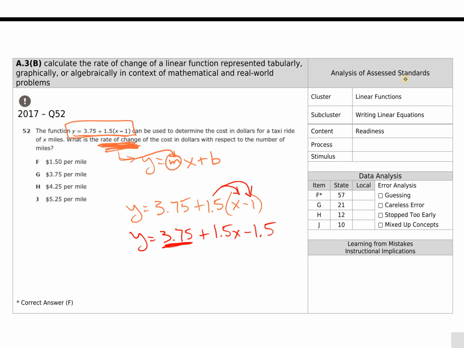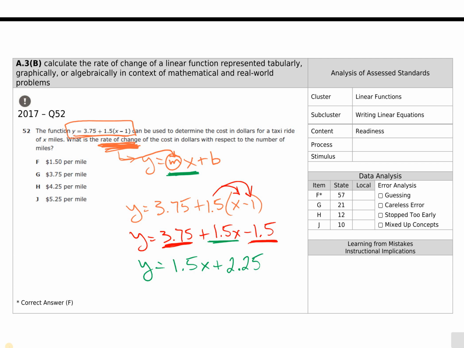We have two regular numbers, so we're going to combine like terms. y is equal to the 1.5x. Normally it always is y equals mx plus b, so we'll put that first, 1.5x. And then when we combine positive 3.75 minus 1.5, we get positive, because the positive is larger than this one,